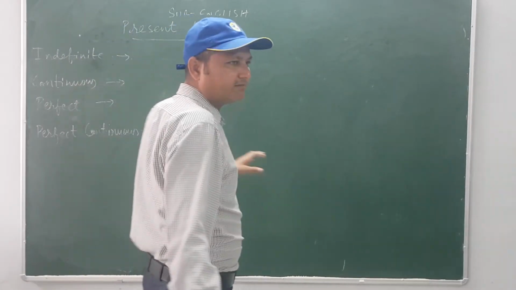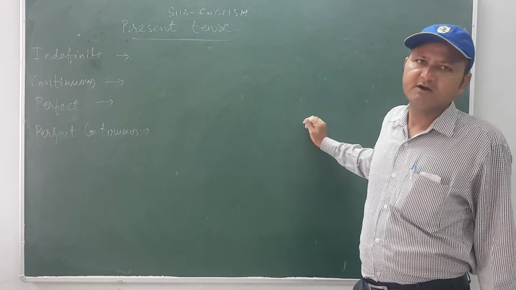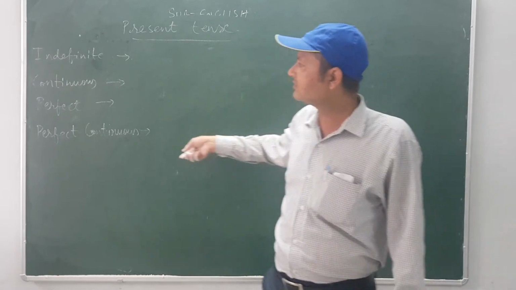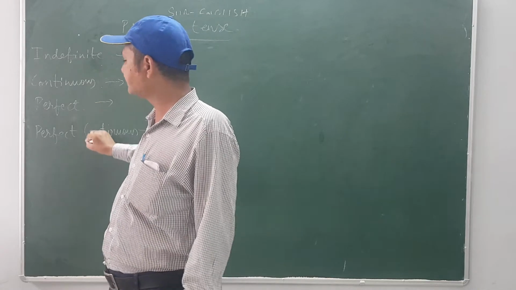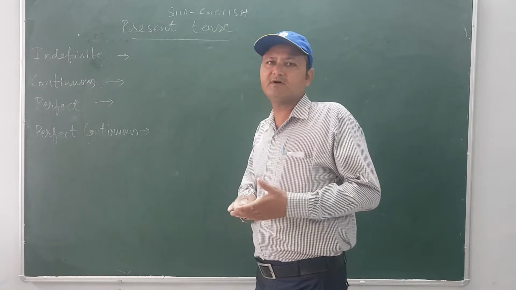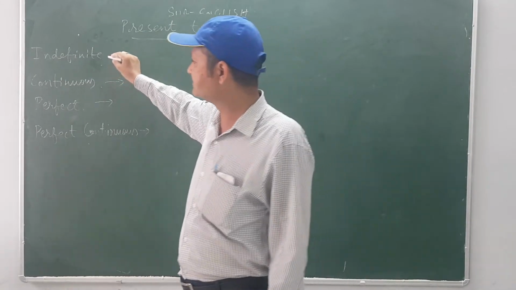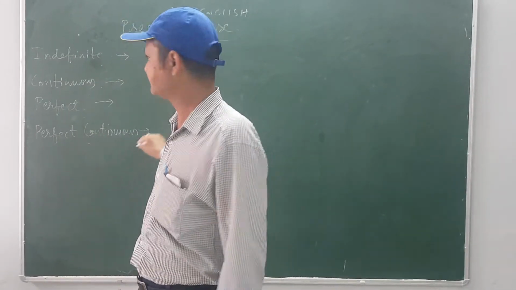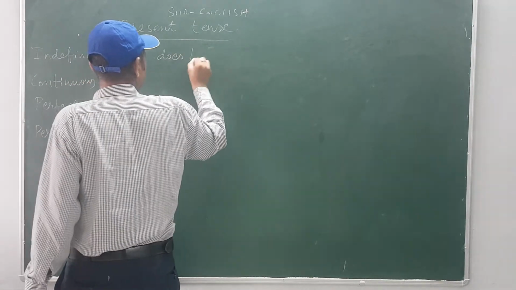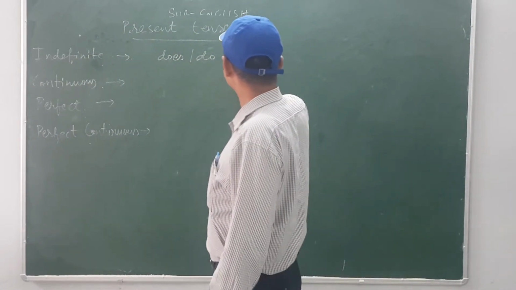Subject and object will be the same. I have earlier told you that subject and object will be the same for each and every sentence. But there will be a change in the helping verb as well as in the verb for each and every part of the tense. So you can see here that is why I am writing the helping verb as well as the verb. What kind of helping verb is used in the indefinite, and what kind of helping verb is used in the continuous, perfect and perfect continuous tense. You have just learned that does, do, helping verb will be used in the indefinite tense with the first form of verb.